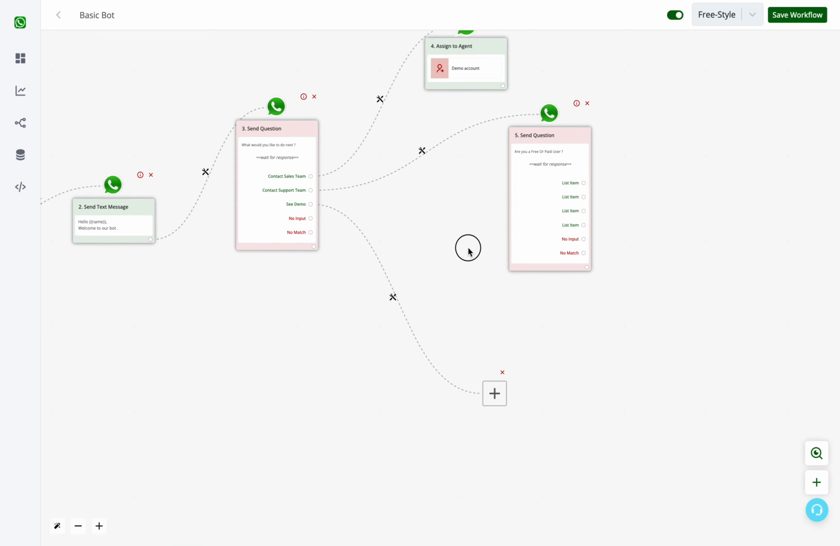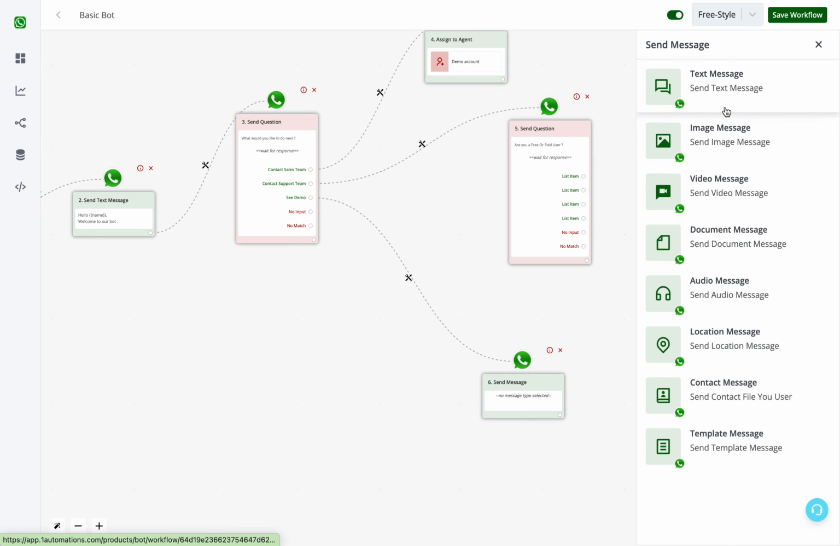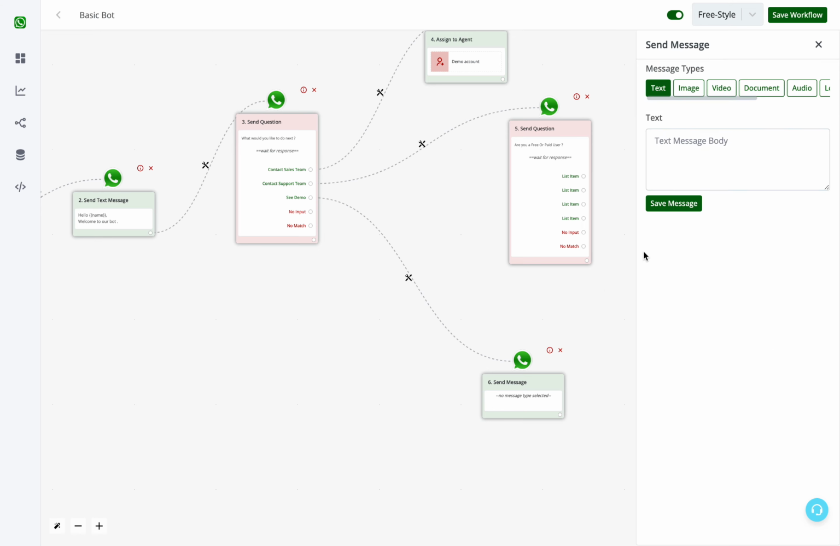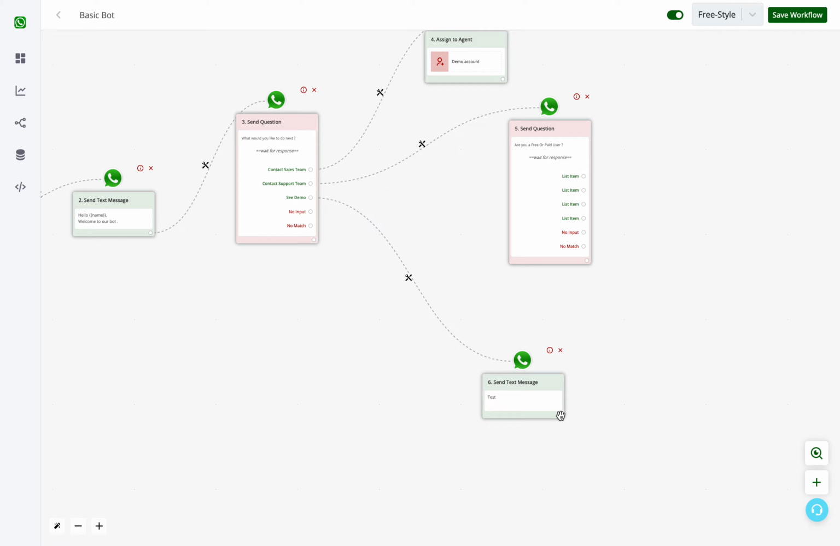You can keep adding nodes ahead, and it can be send messages or ask a question. In case of send messages, you can send text, image, video, document, audio, location, contact, or template messages. And in case of ask a question block,